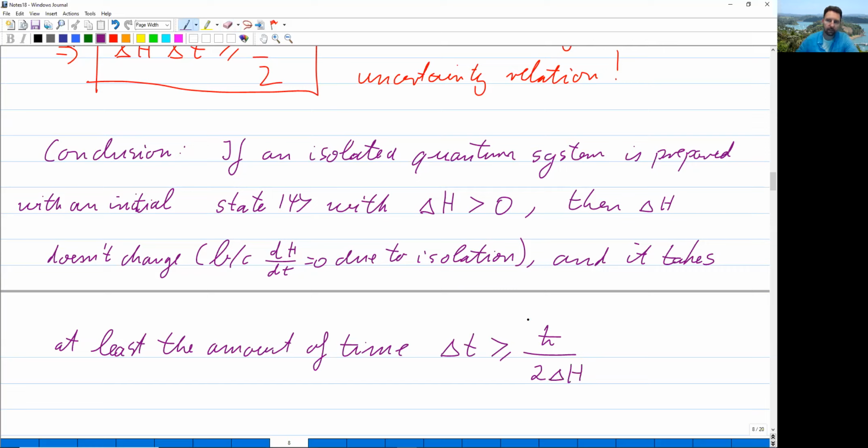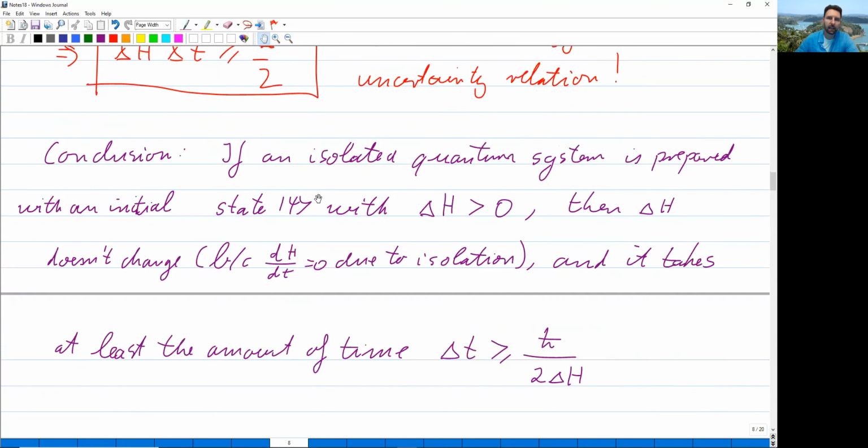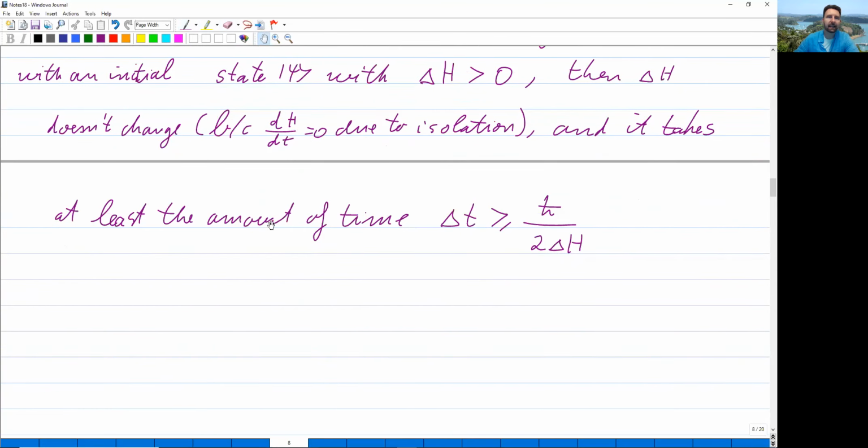I just solved the uncertainty principle here for delta t. Right? It takes at least an amount of time delta t, I should say, because it's an inequality. An amount of time delta t larger equal h bar over 2 delta H